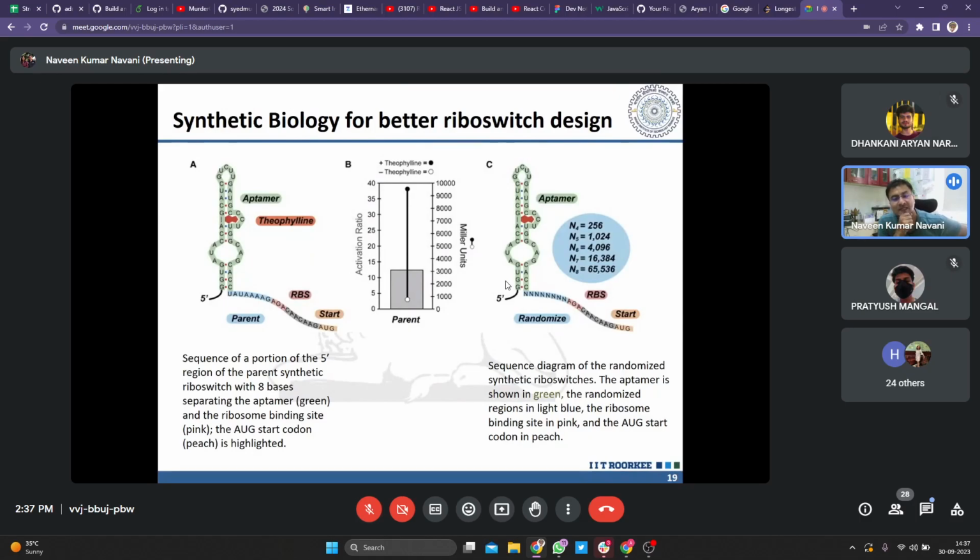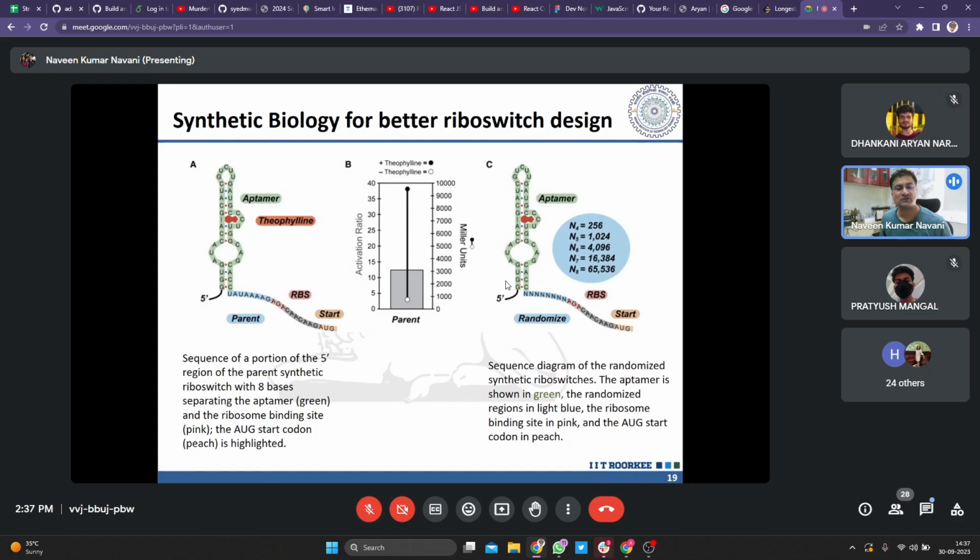You can see in the C panel, it says at the bottom, rather than parent, it says randomized. So they have randomized this region. What is the randomization? In the parent molecule on the left, the first blue highlighted nucleotide is U, and it goes like U, A, U, A, G, right? In this case it is N, and then the ribosome binding site, and then the start codon is there. So in this study, they changed these UAG into